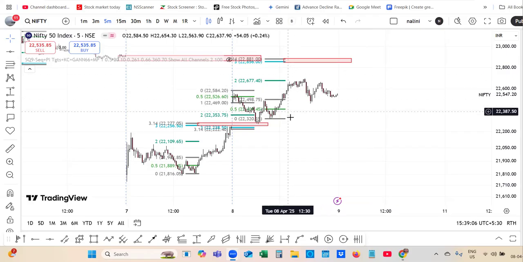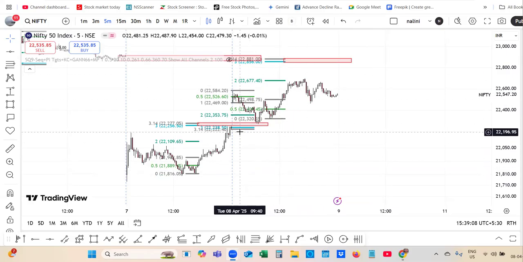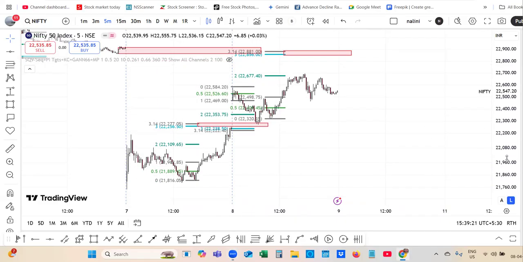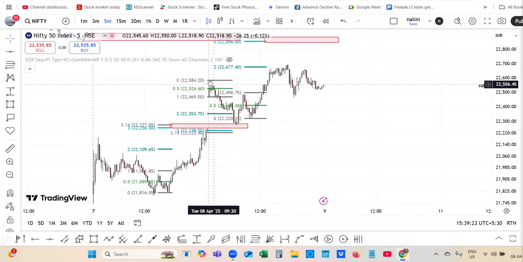Today, the market gapped up from the previous day close, that is 22,168, to the level of 22,596. This was a gap up actually. When it is a gap up,